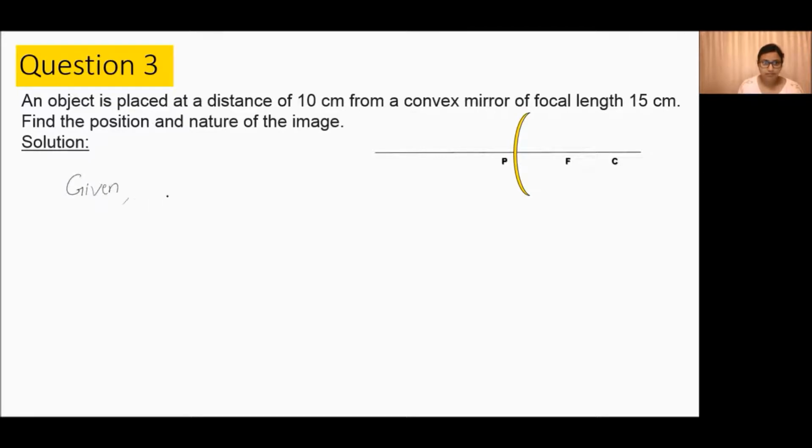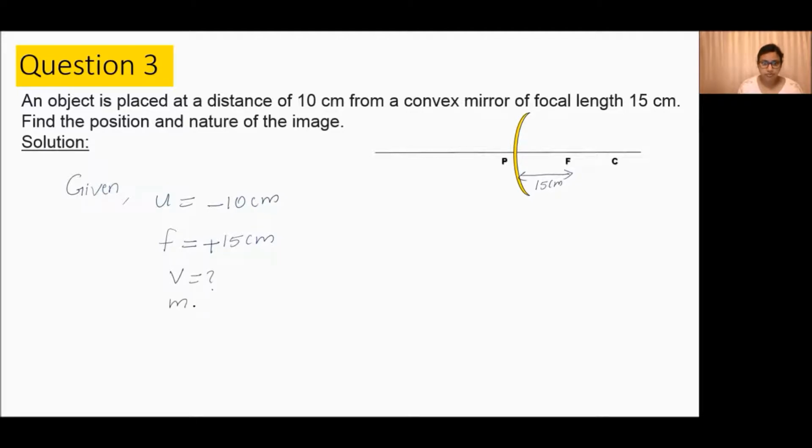Given U is equal to 10 centimeter. So U is negative and F is equal to 15 centimeter. So same distance to the right, that is 15 centimeters taken as positive. And why is the image negative? Because it is placed on the left side of the mirror. And we have to calculate V,